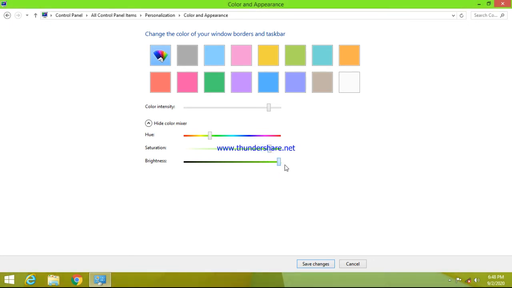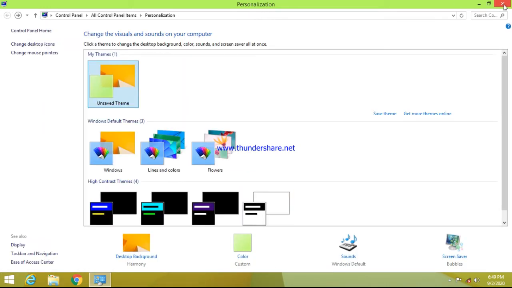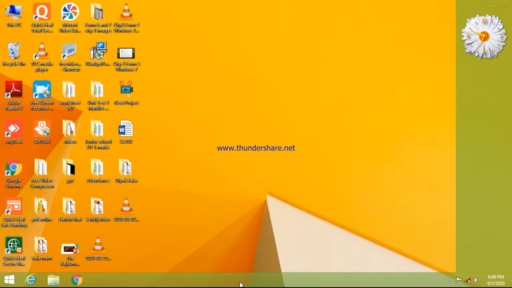There it is. How beautiful it looks. And then you need to click on save changes. This color is changed now. Now this looks a totally different color.